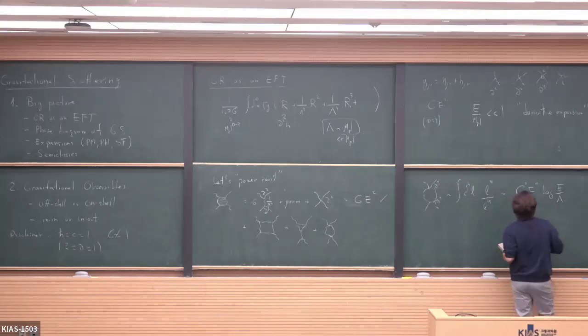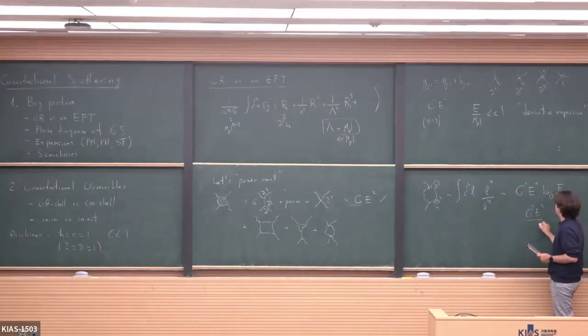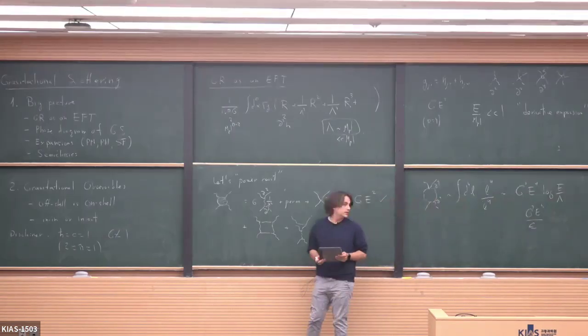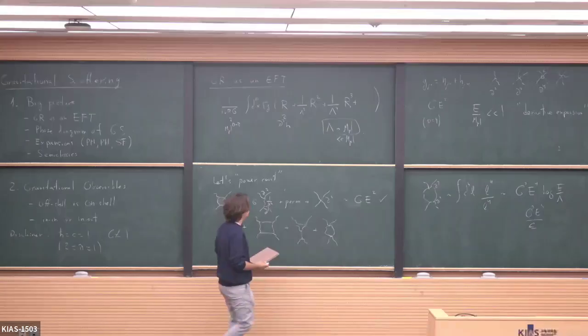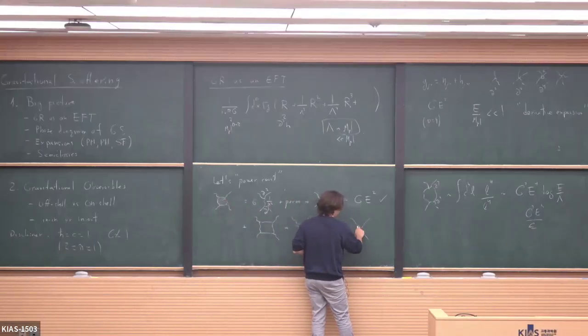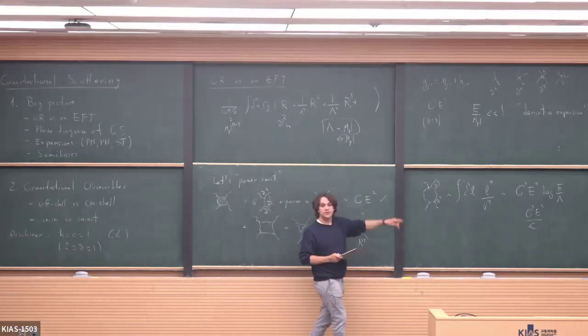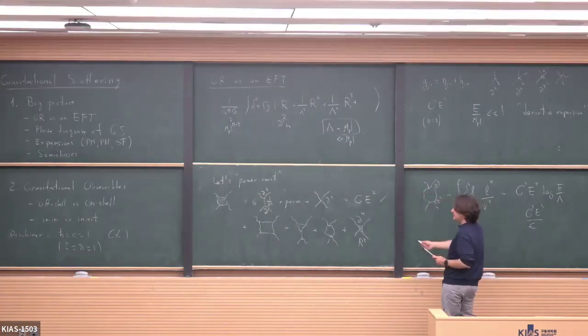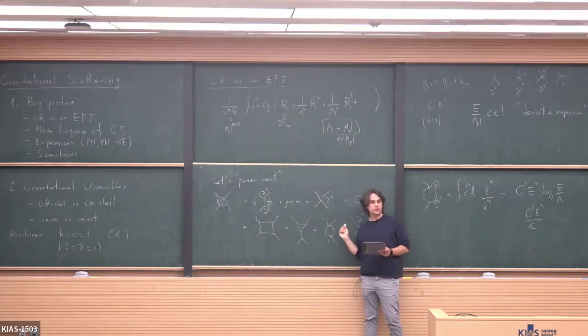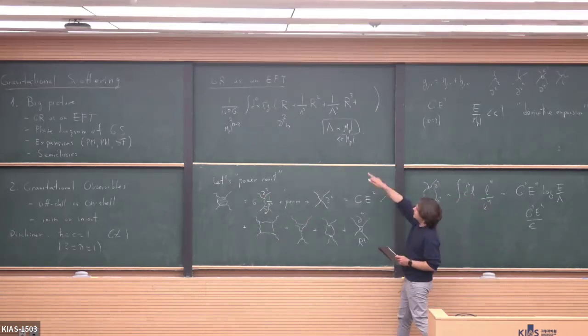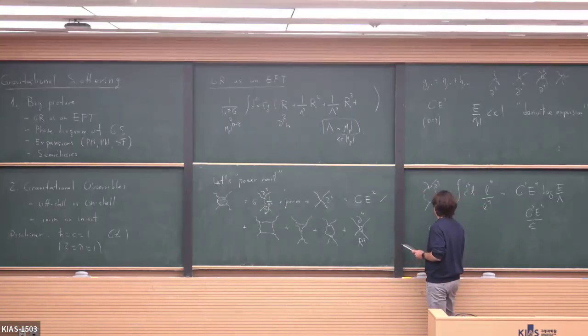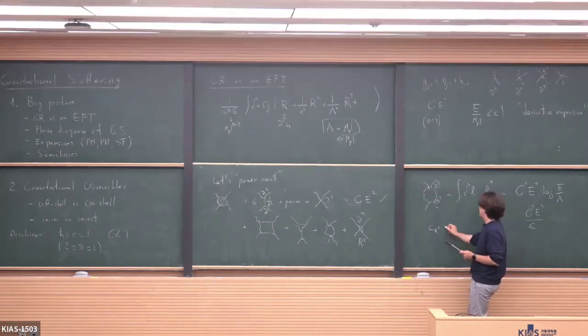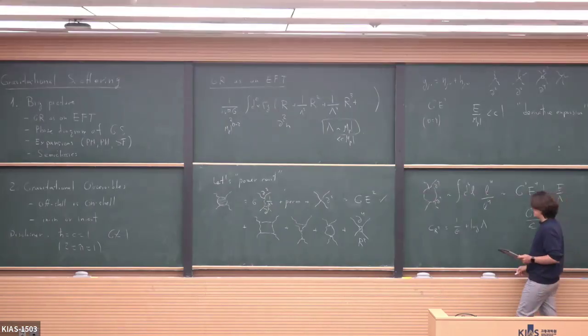Or said another way, this could have a g squared E to the 4th over epsilon pole if you're computing using dimreg. So this is telling me that actually in this perturbation theory, there's something missing, and indeed here I could add this R squared, this 4-derivative term, which comes from the R squared operator, which will absorb this UV divergence. So when I add this, whatever UV divergence appeared here at this order in the derivative expansion, this thing will come with some coefficient. Let me call it C_R squared. And then I can choose it to be this kind of 1 over epsilon or log lambda, which will absorb this UV divergence. But then there's also some finite part